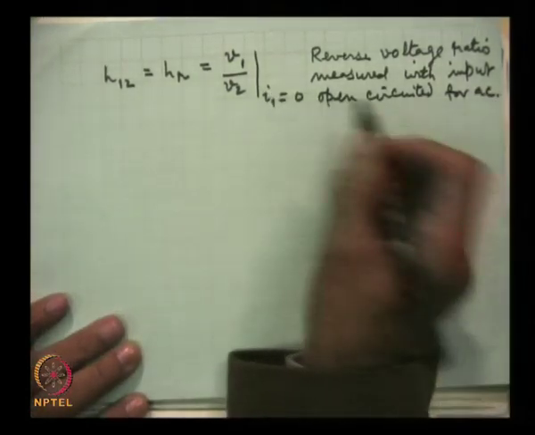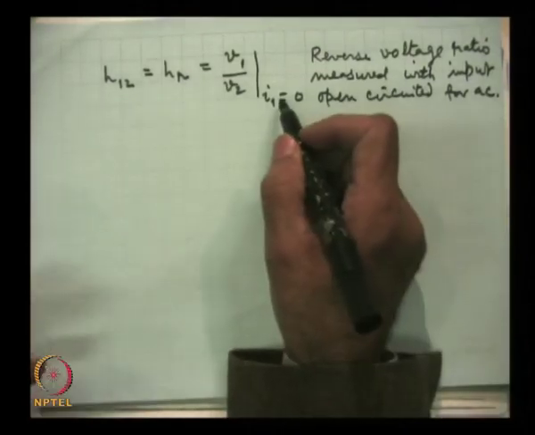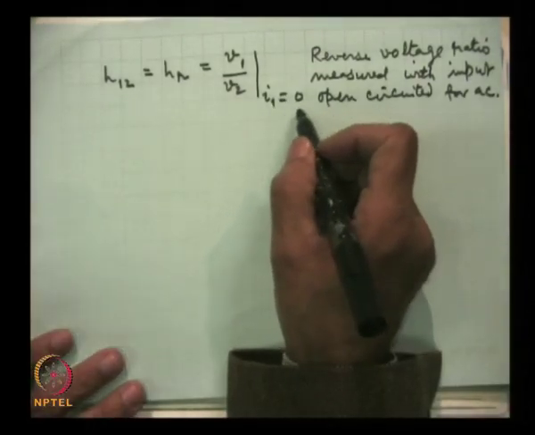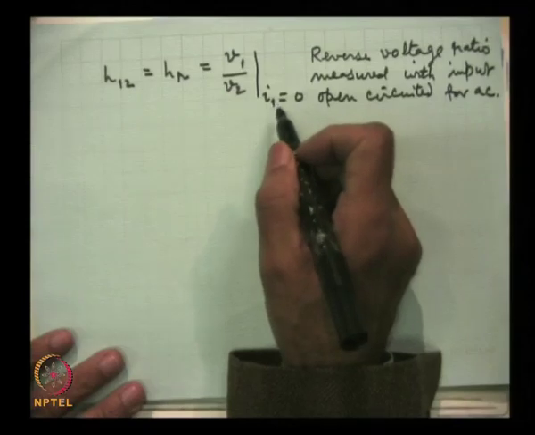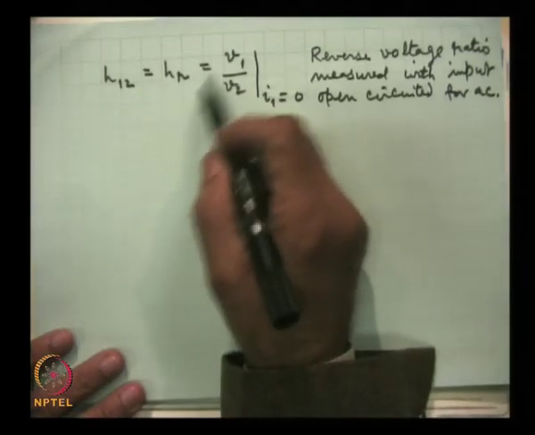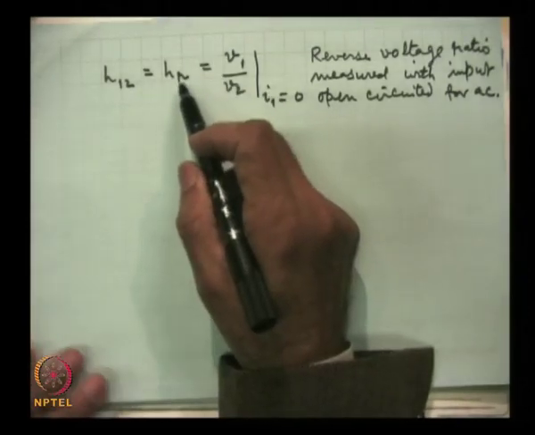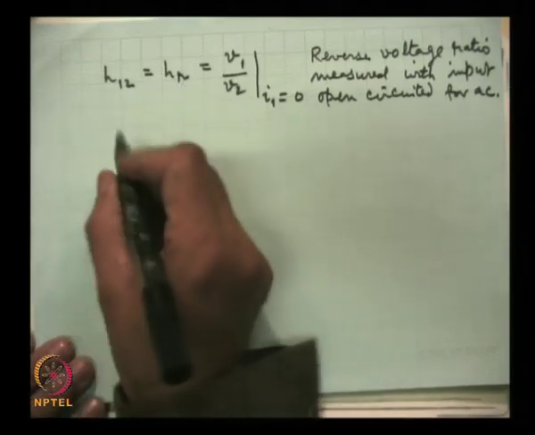When this is open circuited, in an open circuit the current is 0. So, the input has to be open to measure this, and this is written as HR, and similarly